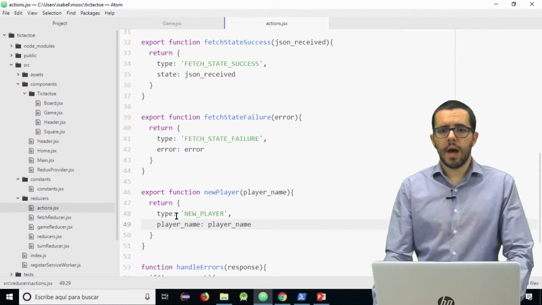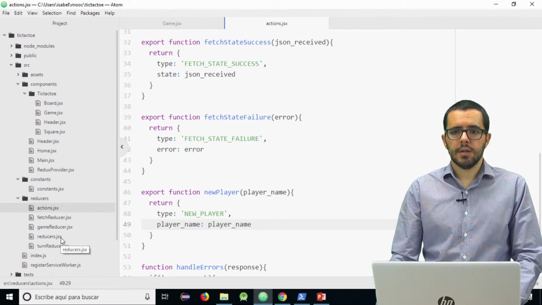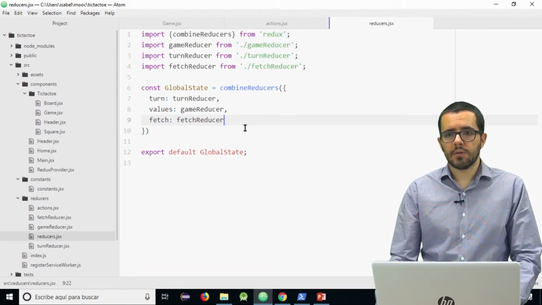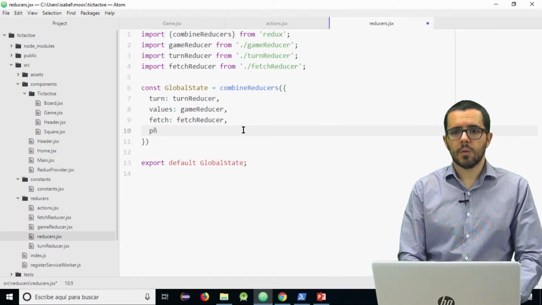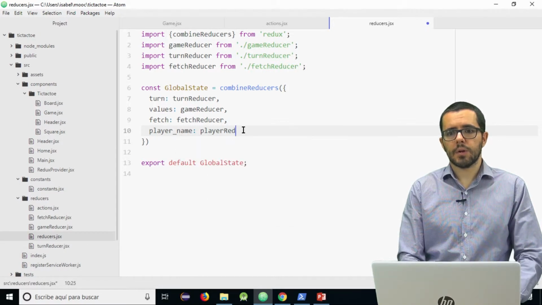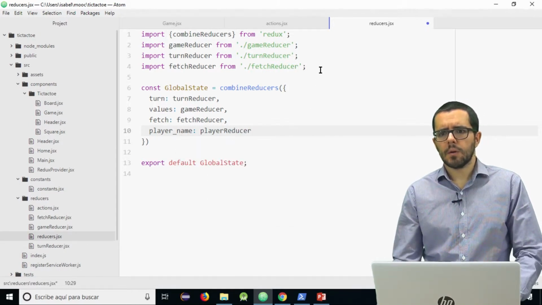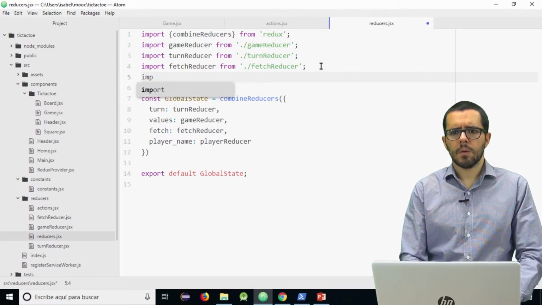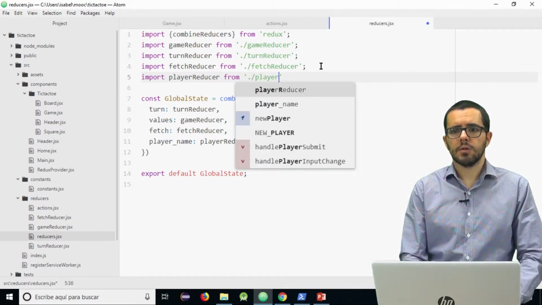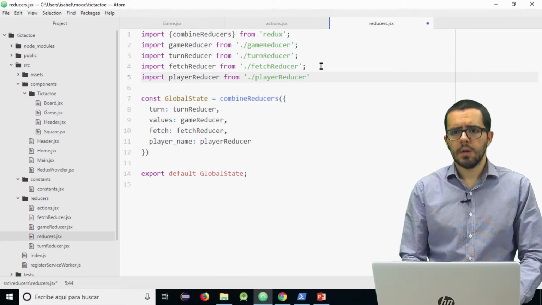Now we have to add a new reducer just to consider this new action. In the state we will have playerName, which will be controlled by playerReducer, and we can import playerReducer from, which still doesn't exist, of course, we are going to create it right now.